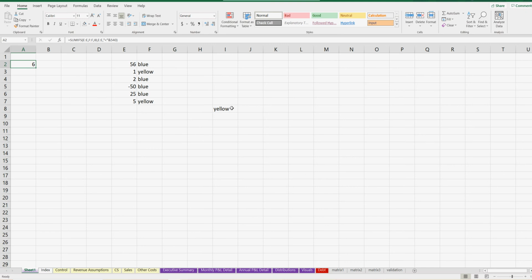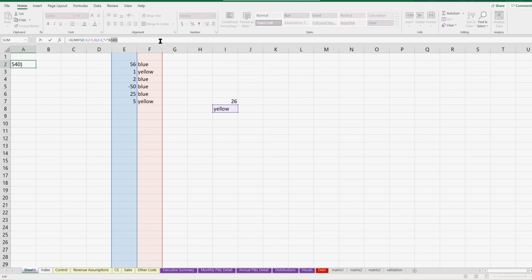Let's say I wanted that to be a reference. You could also do SUMIFS, E if F is yellow and E is 26. I'm sorry, greater than 26. Now, if you're doing a reference of a value, you still have to do the